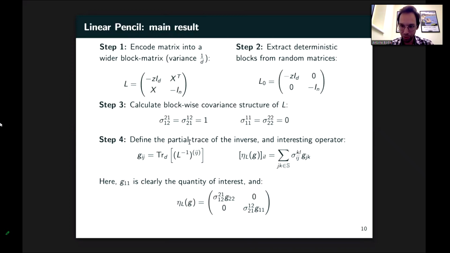Now, the thing that we want to calculate here is the trace of L to the -1 at a specific location ij. So this is what I call Jij. If you go back to this expression of L, again, if you take the Schur complement, what you see is that if I take L to the -1 at the block location 1, 1, this is precisely (X transpose X minus zI) to the -1. So what we really want to calculate is J11. This is the Marchenko-Pastur expression that we are trying to rederive.